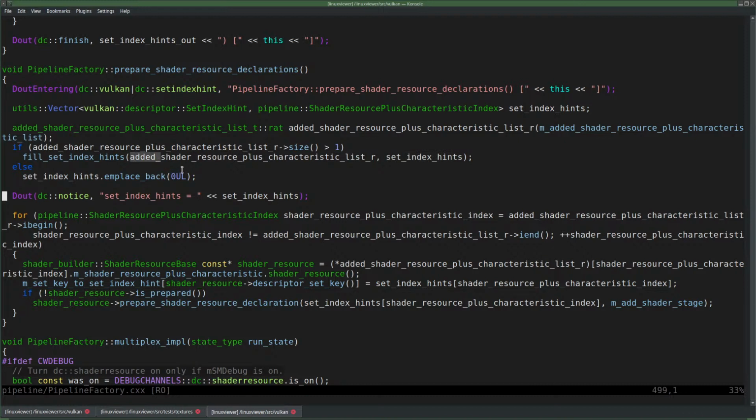You added shader resources. Nothing to do with what is used. It's just what is added. Okay. Then we print it again, 0, 1, 1 here. And then this is called